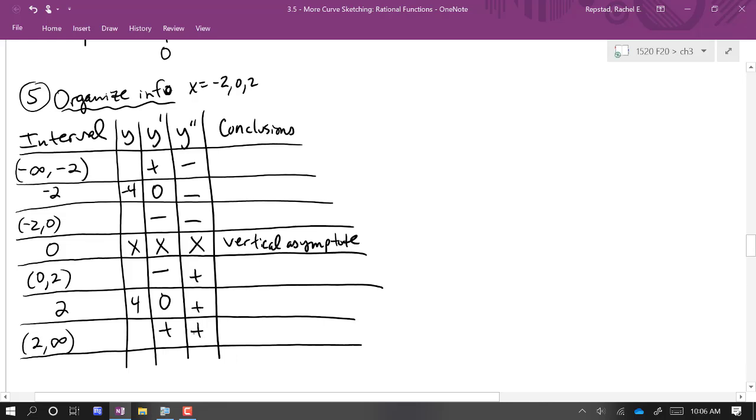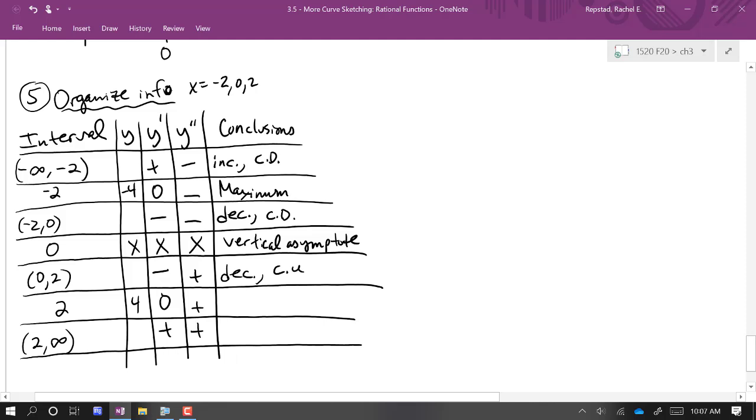Alright, so some conclusions now. From minus infinity to negative 2, our function is increasing, concave down. At negative 2, it's concave down at a critical value. That means that this is a maximum. From minus 2 to 0, it is decreasing, concave down. We've got our vertical asymptote at 0. From 0 to 2, it's decreasing,